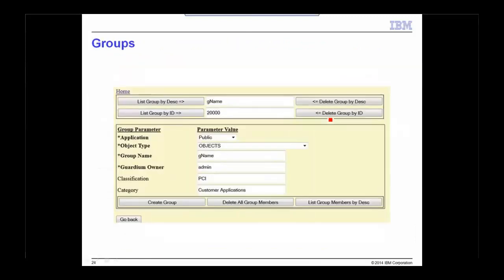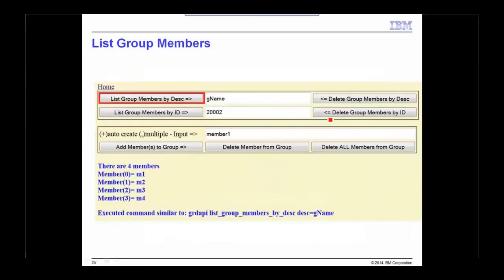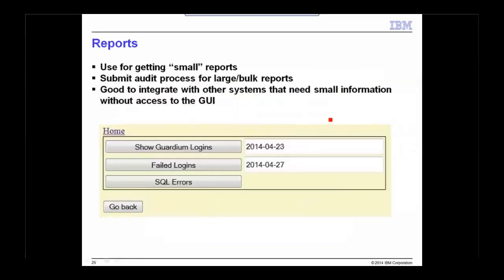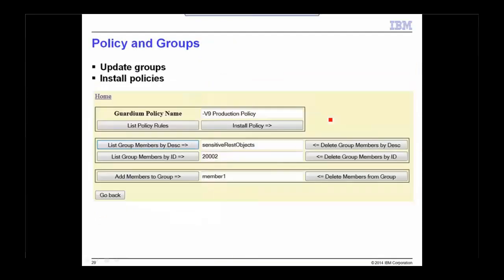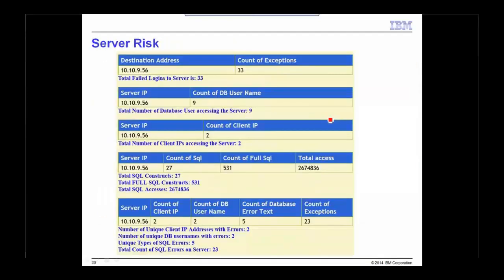So we went through all this in detail. I gave you screenshots of what my application looked like, listing members of a group, looking at the reports, looking at your application development team, so that you'd have at least a reference for this. Looking at the server risk, and I think hopefully everybody learned something about this piece of the equation, right,